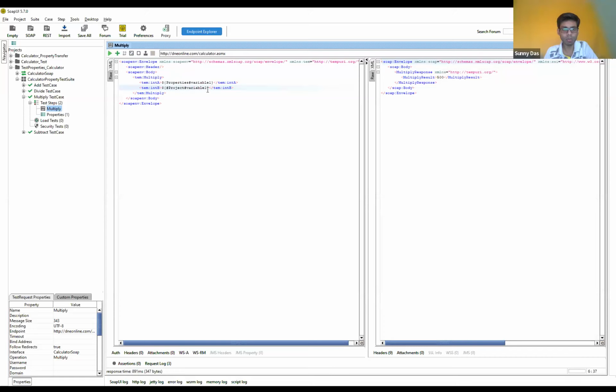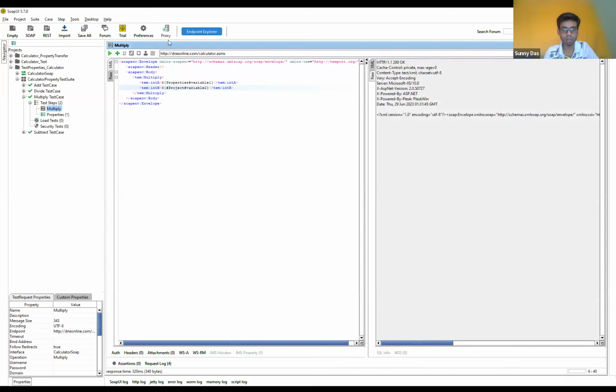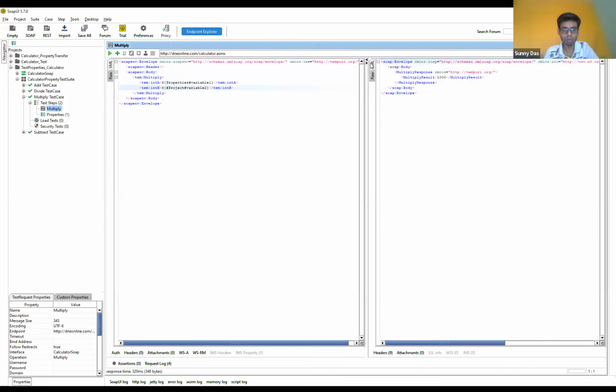So I can also use variable 2 from the project level, right? So then we should get 1000 because the value of the variable 2 in the project level was 20, right? We can also use the test suite level variable here,